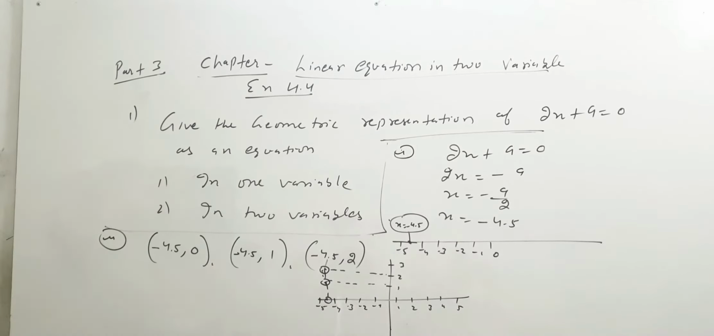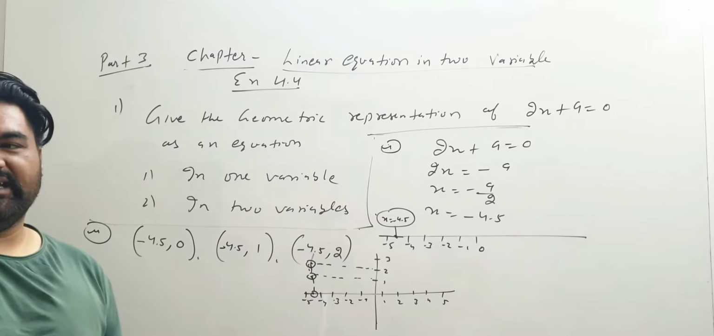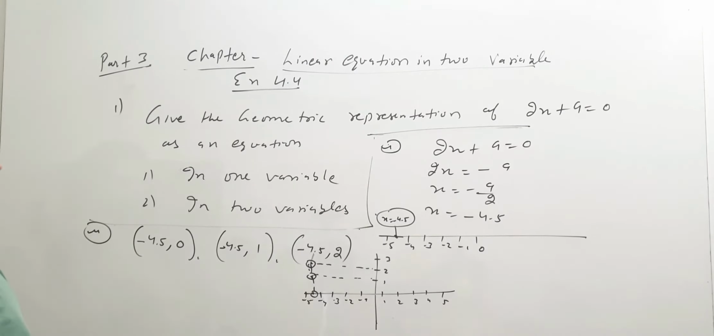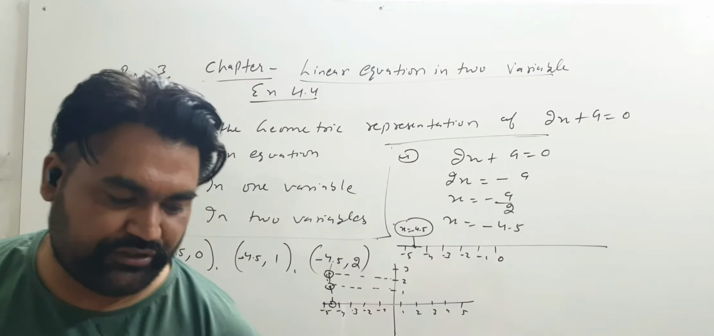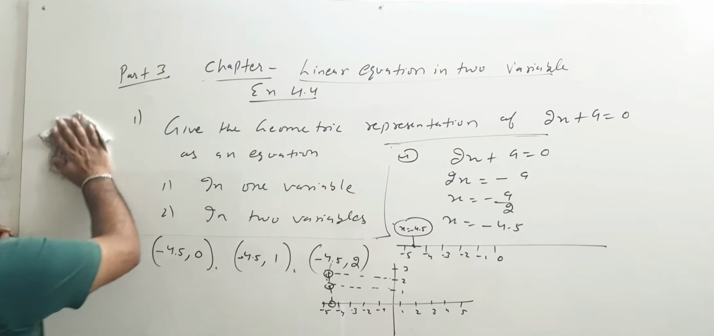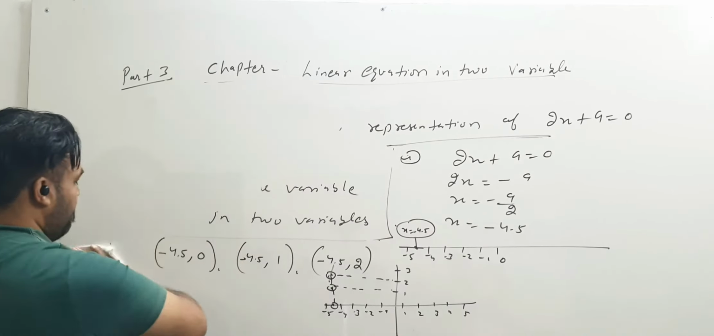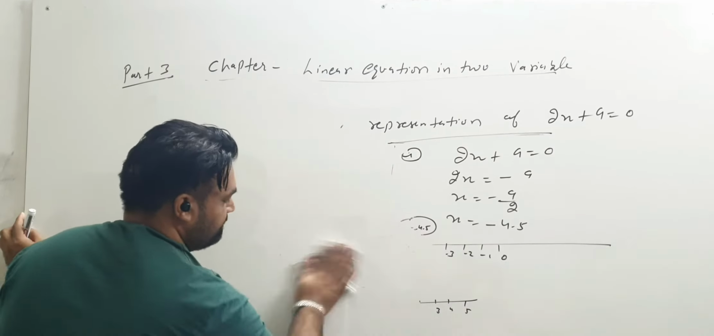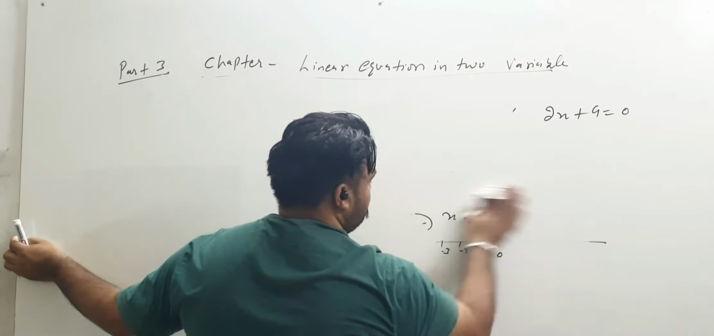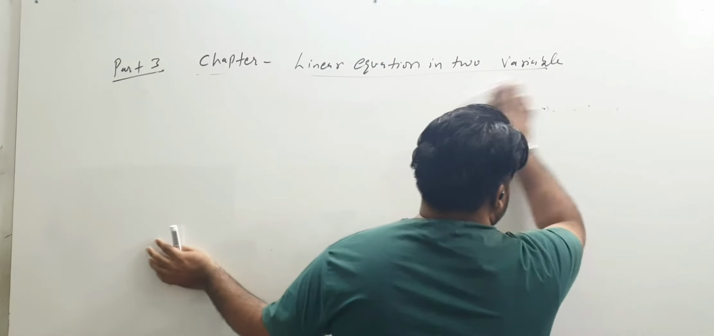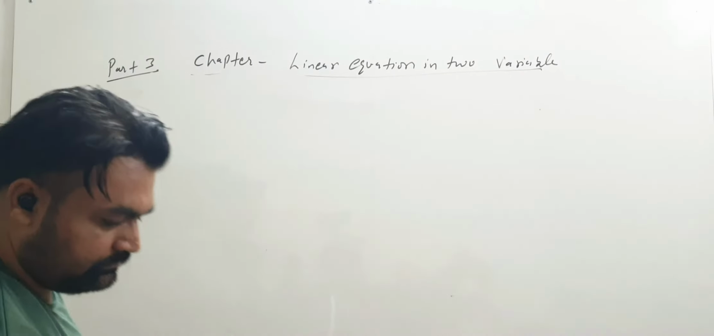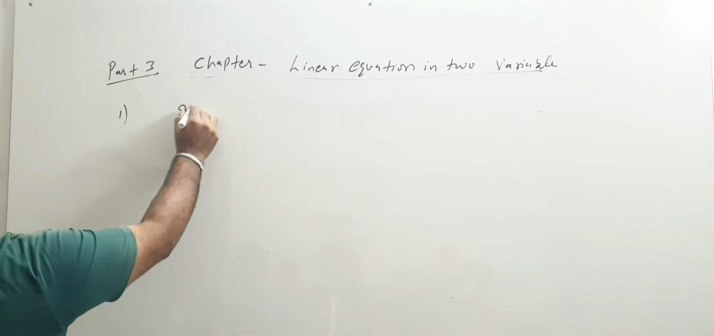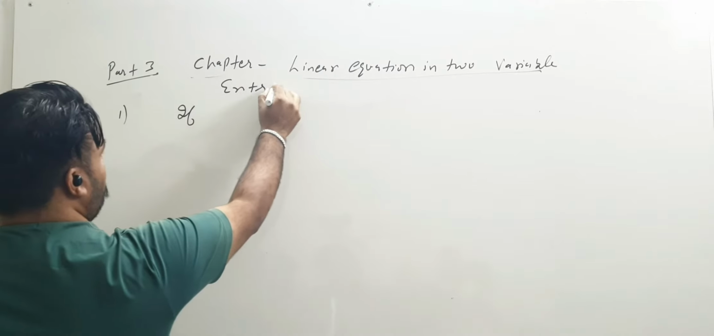So in this way we just represent any linear equation in one variable and in two variables. So this is exercise 4.4. Now we shift to some extra questions. So extra questions, very very important questions. So the first question is,